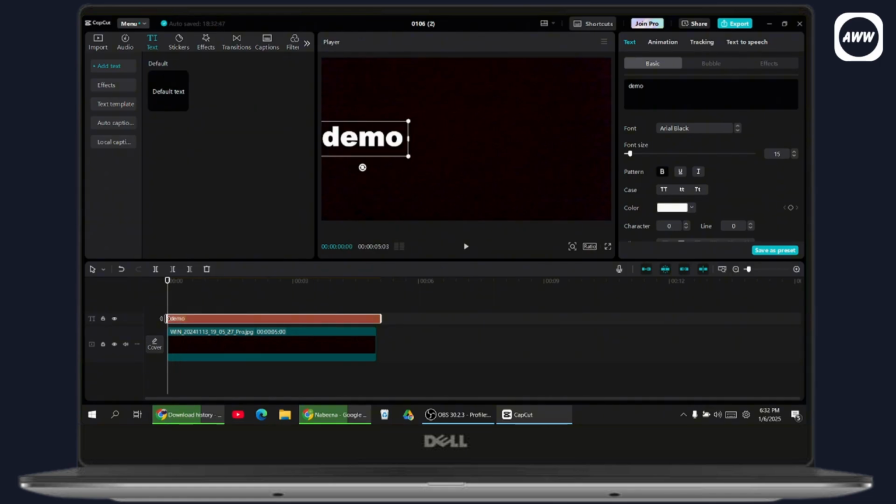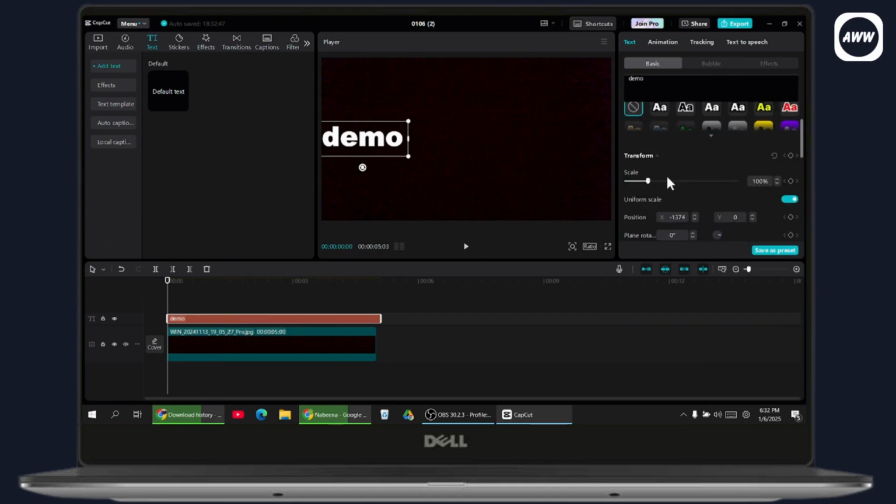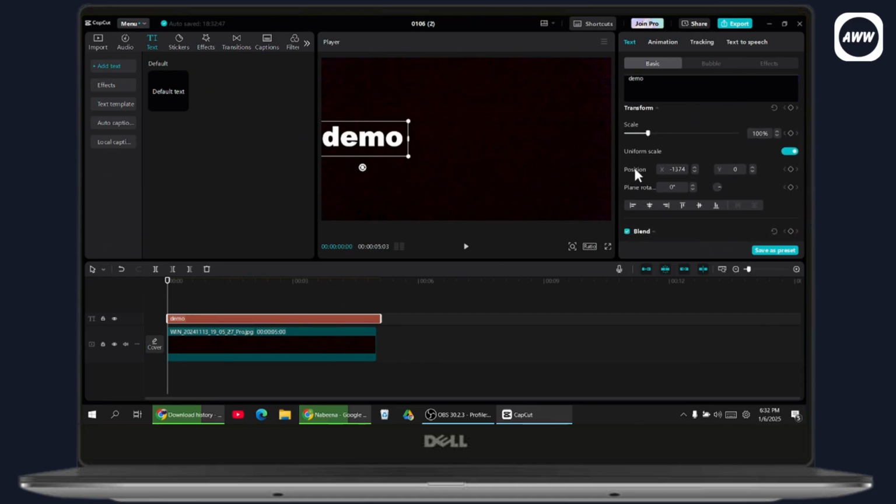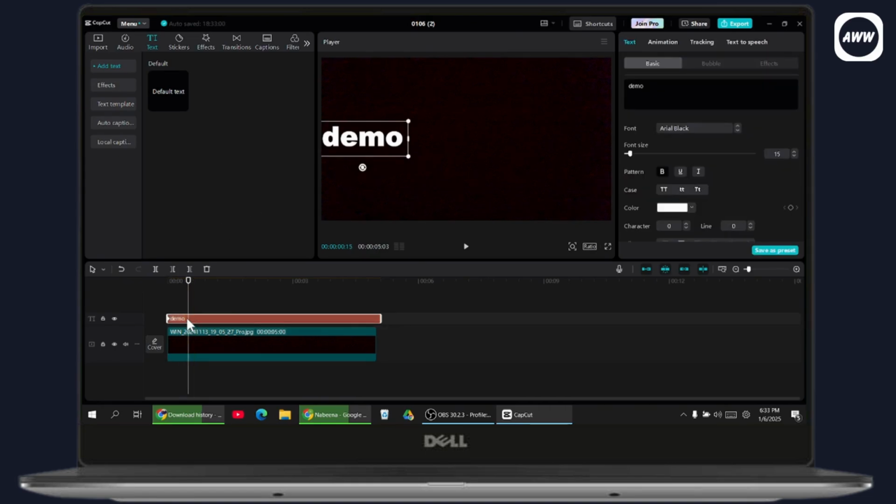So go with the first part of the video, the text, and then you need to scroll down, and here you will have position, right? So under position, you will have your keyframe. You need to just add a keyframe. Once you've added the keyframe, now go with the second part or the second point, and then just move a